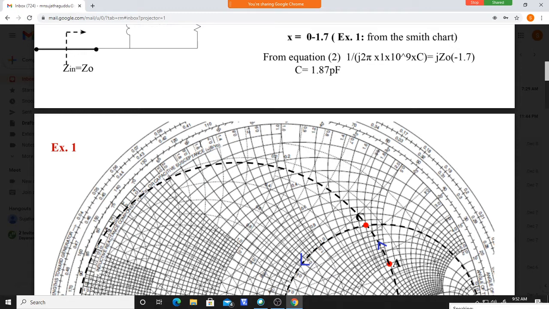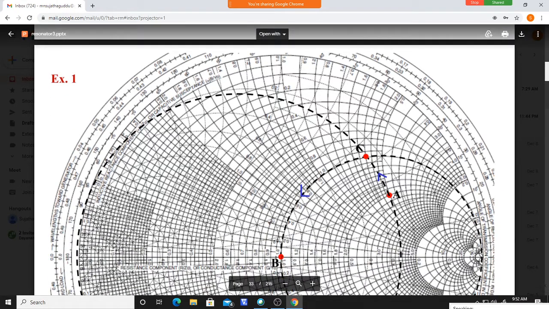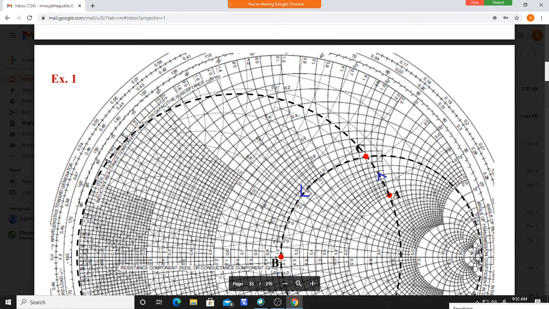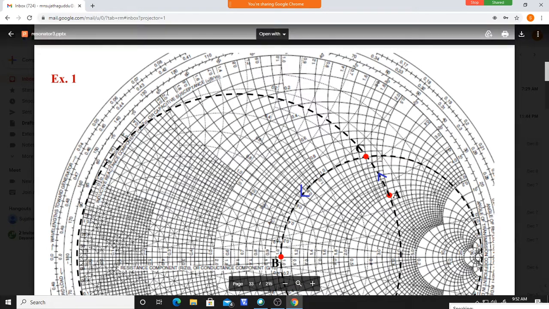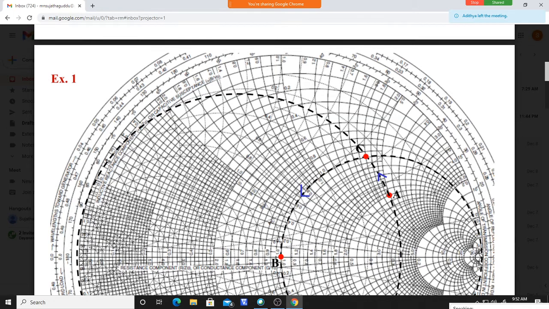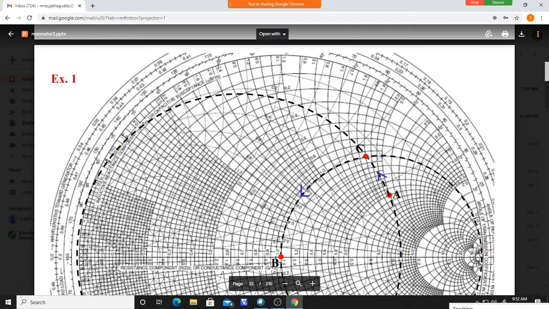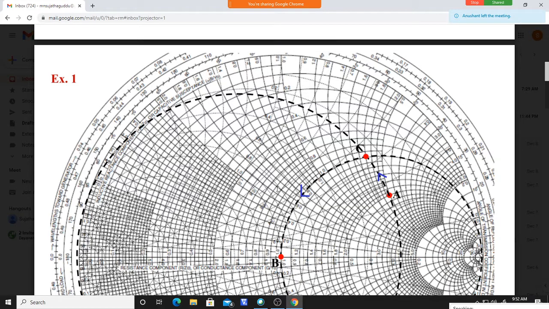Okay, so while measuring the distance from the center to here, how many centimeters, while drawing a stability circle, you should measure how many centimeters from center to here, up to here, don't go here, up to here. This is the r equals 0 circle, how many centimeters that is corresponds to 1. 1 is equal to these many centimeters.